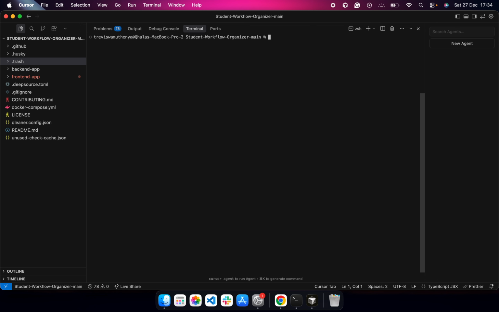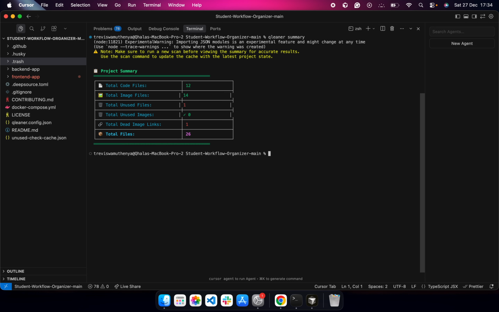So right now, let's say we want to check for summary. Let's summarize. Qleaner, and then we just say summary. Tell me how big is my project? So you realize I have like 12 files, right? And remember, always do a summary after you've done the entire scan. So you've done the image scan, you've done the code scan. If you don't have images, you can always do the code scan, which is still fine, and still gives you the summary of the statistics,